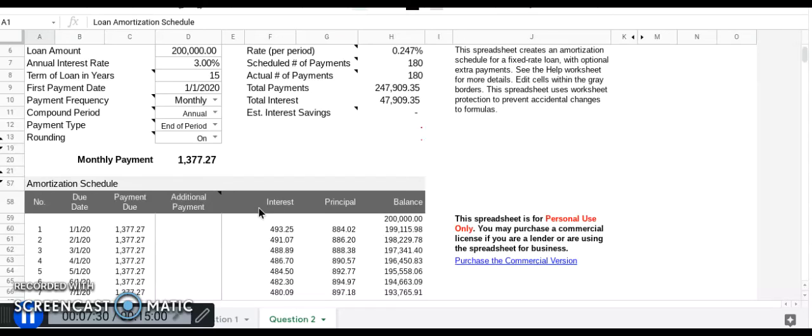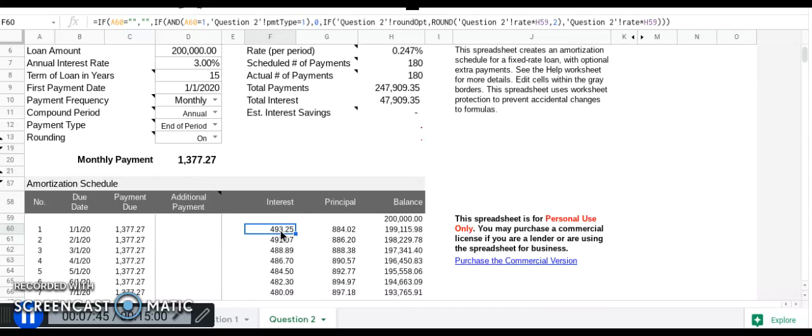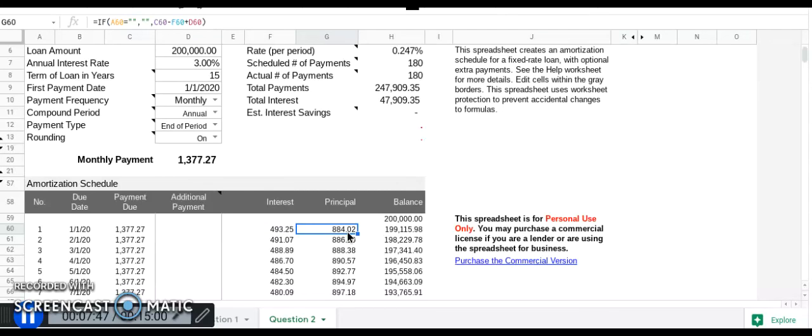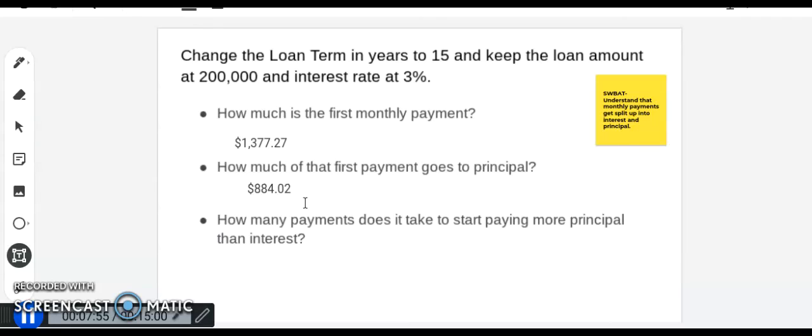And that's because your interest is so much lower over the course of a 15-year loan than a 30-year loan. So it's almost about half, $493.25 to interest, $884.02 to principal. We are already paying more to our principal than our interest. So over here, how many payments does it take? We can say at the beginning,